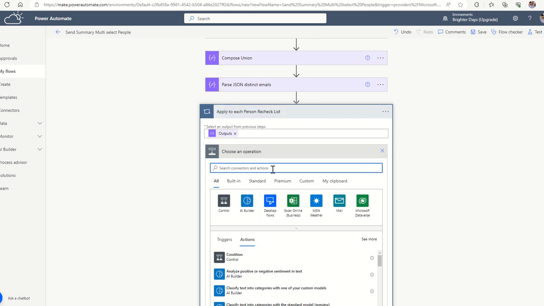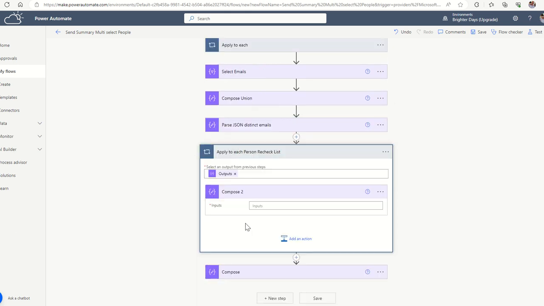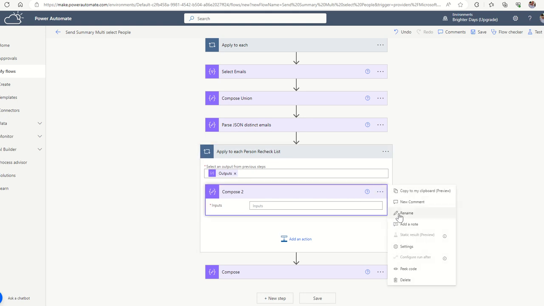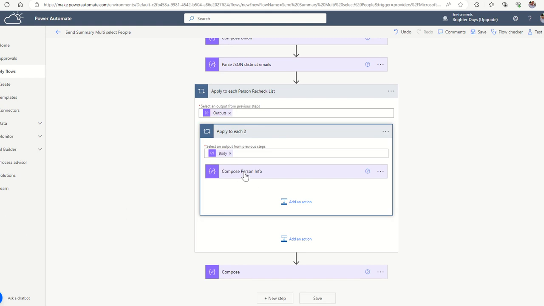Drop in a compose. If you're ever troubleshooting this, you don't have to have it in all the time, but I want a compose in through here. Because we parsed that JSON, it knows there's a task email, body, and item. I can say task email in here, and inside of that, that's the step that we just did. But I'm thinking that's not quite what I want to have happen. But anyway,